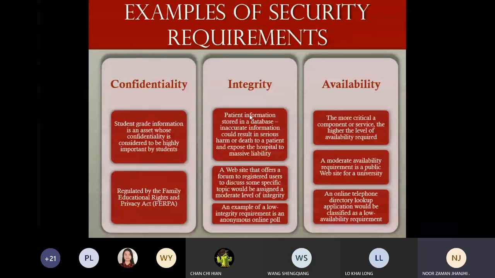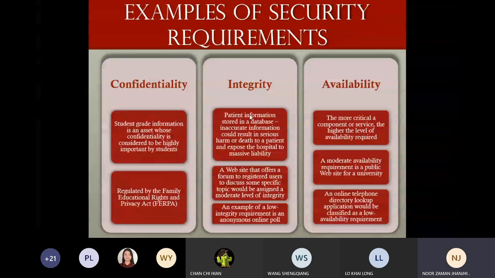Now, there are so many other examples, like what we mentioned about the websites and the different pools. They all are anonymous pools while we are doing the voting and other things. They all are linked with integrity. And in availability, more critical components of the services, this is more related to the services. We make sure data is safe, but now we need to make sure it's available to the owner as well. So that's why we are saying this is more towards the service.